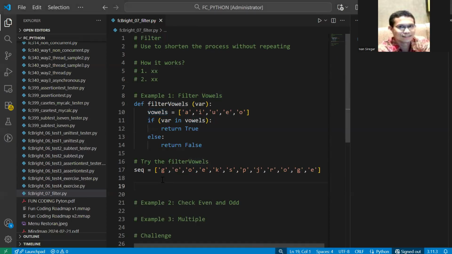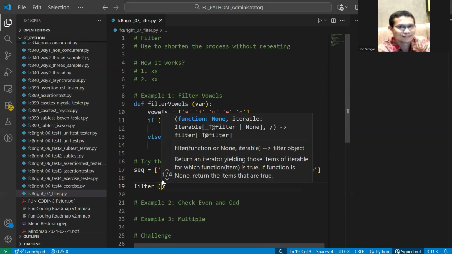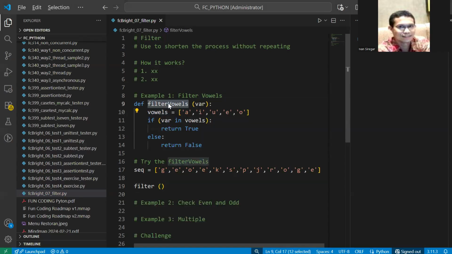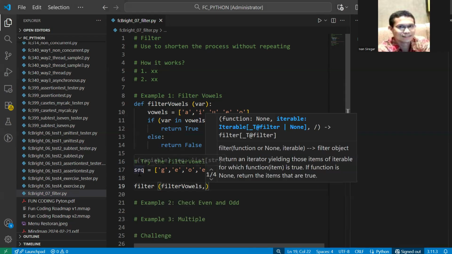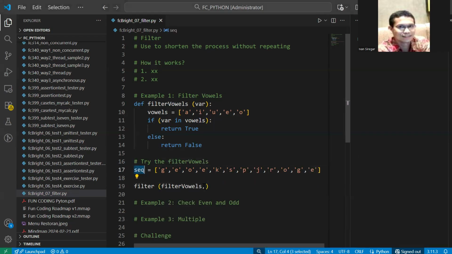And you put the function name. Okay, copy here, call that function name, and then put the sequence that you will check. Okay, so like this.